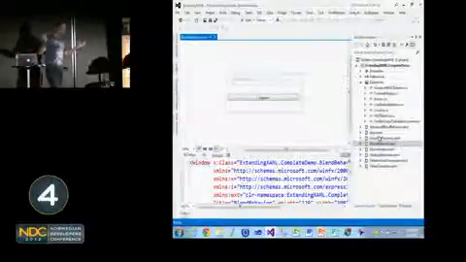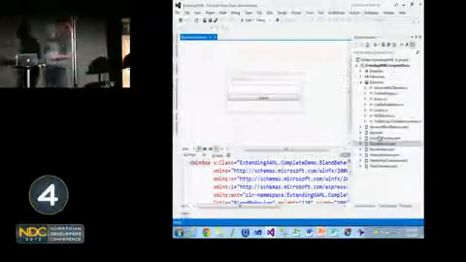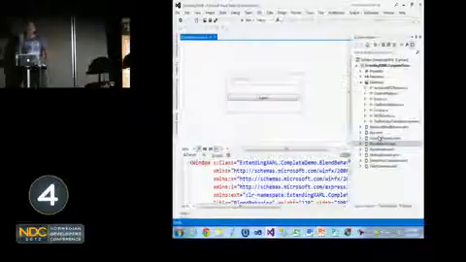I mean, that's common sense. It should have done that in like Visual Studio 2005, right? Because we know how long it takes to render some